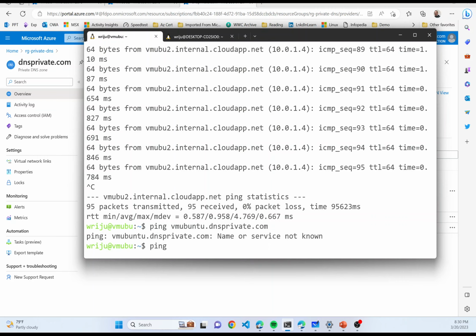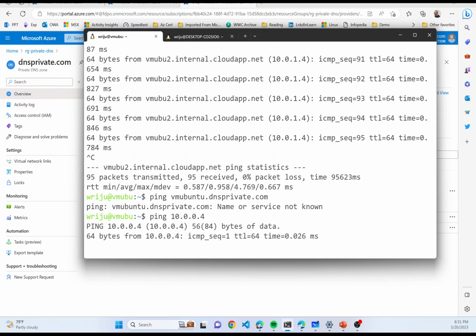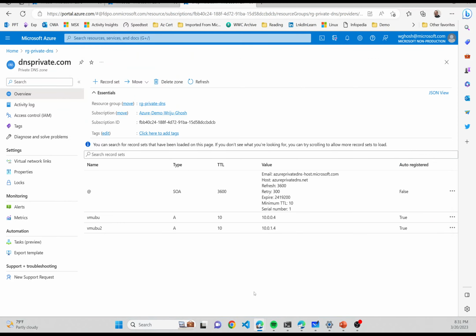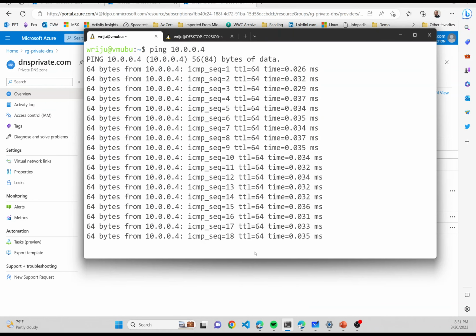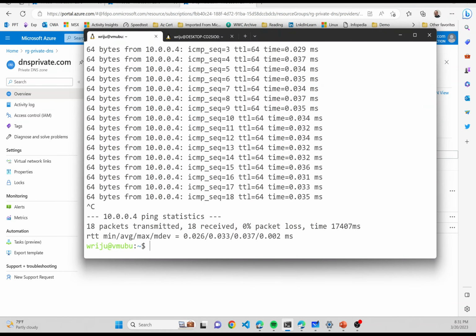Ping 10.0.0.4. Yeah, it is working, but ideally it should allow me to, let me quickly check that out. It's interesting stuff, right? So if I may ping